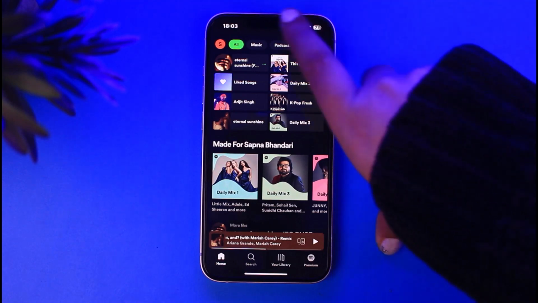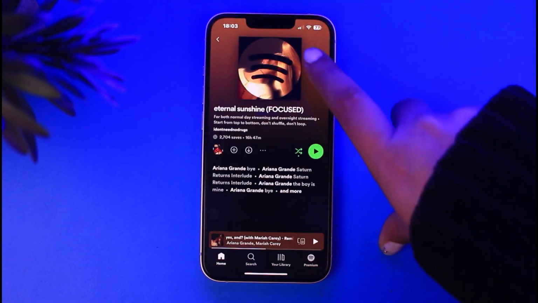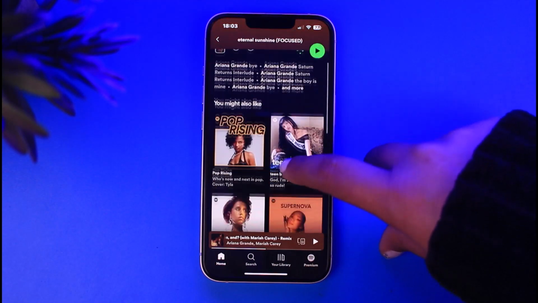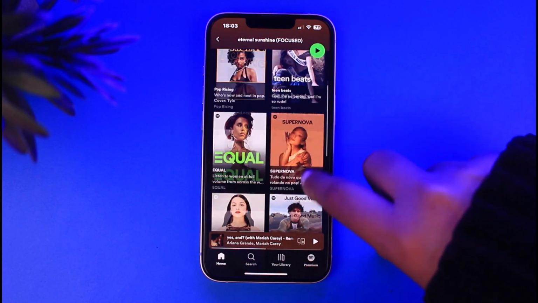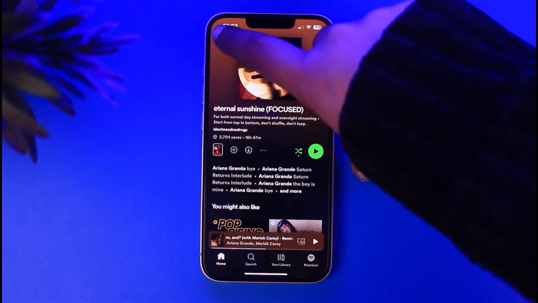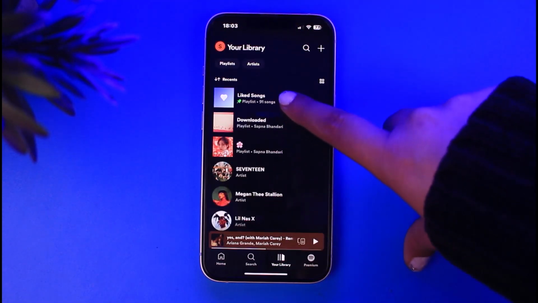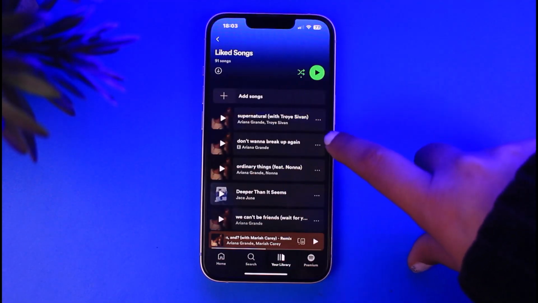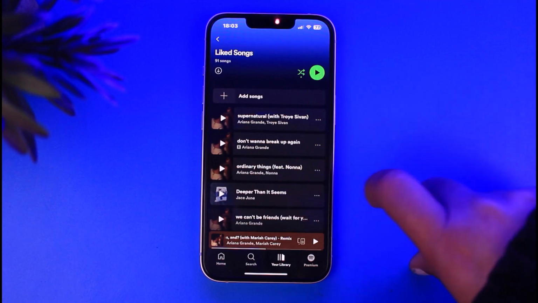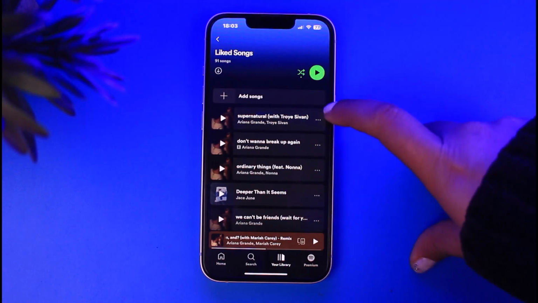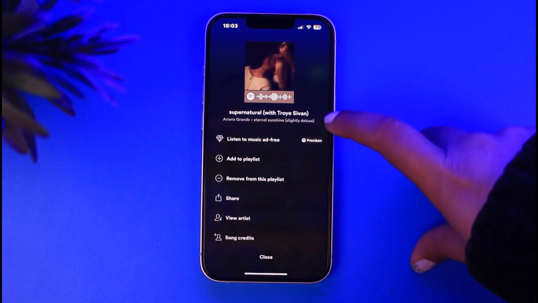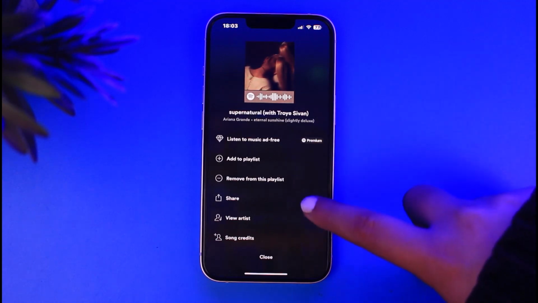Now go ahead, tap on the playlist of yours from where you would like to set one song as your Spotify ringtone, right? So from this, we currently do not have it, so we're going to go to our library and tap on this liked song of ours. So let's say this is the song of ours, right? If we tap on this three dot beside, we will have plenty of options, but we cannot seem to find